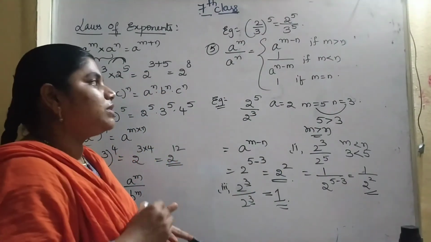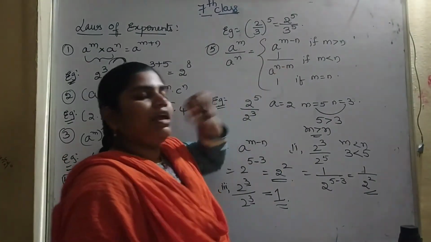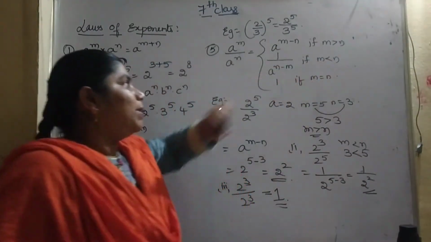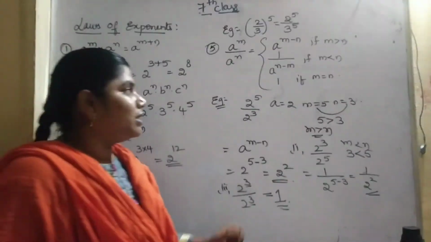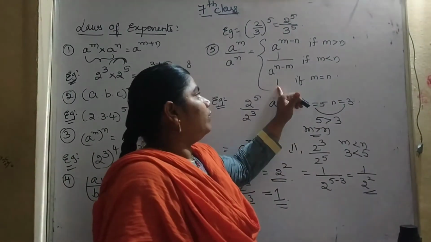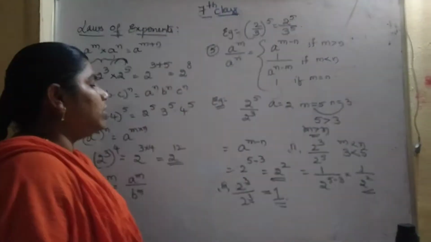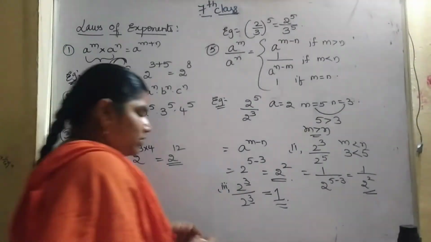So if m value is greater than n value, we will apply a power m minus n. If m is less than n, we will apply 1 by a power n minus m. If m is equal to n, the answer will directly be 1. So this is our fifth condition. Next is